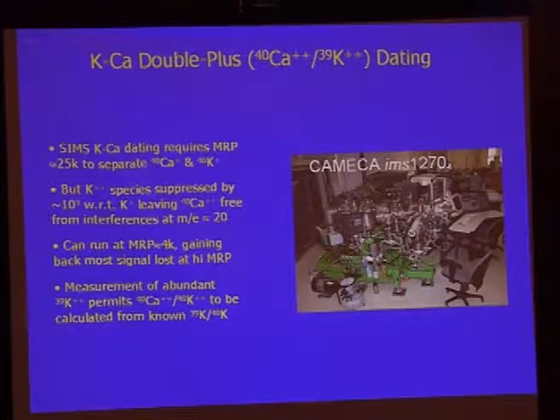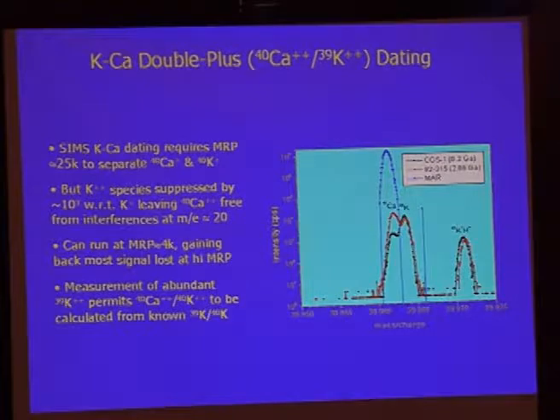So what we did is we thought, maybe let's have a look. Our mass spectrometer can go up to a mass resolution of close to 10,000 and not lose any sensitivity. What do I mean by mass resolution of 10,000? I'm going to be able to see a molecule of a mass of 10,000 from a molecule of a mass 10,001. And the problem is,